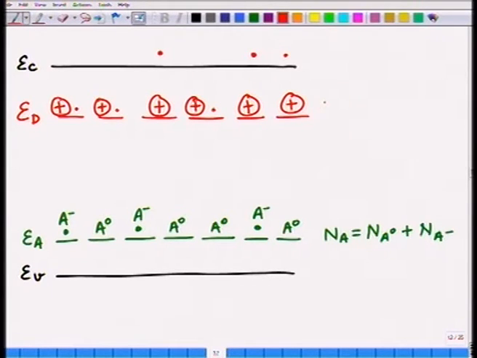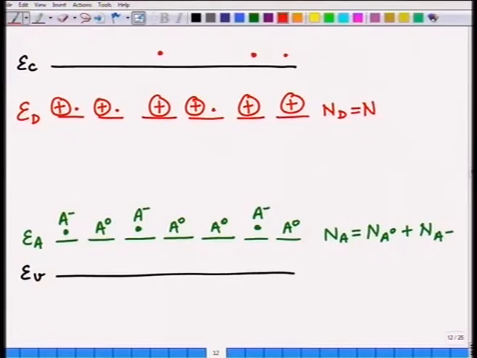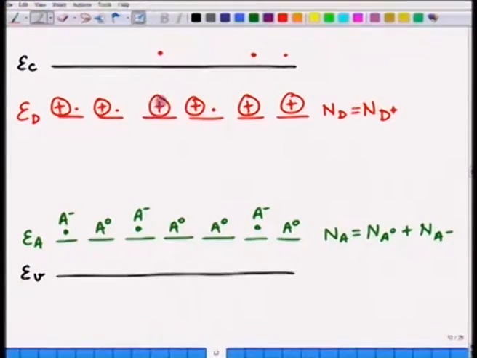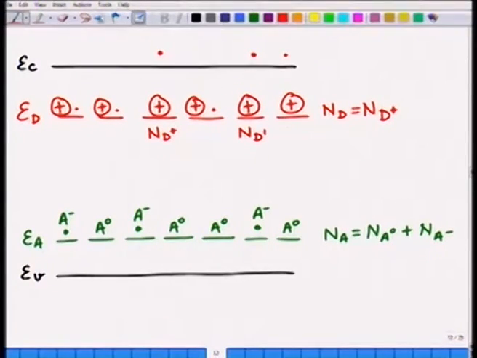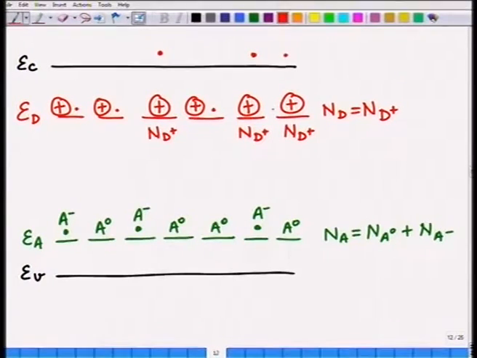and I have total number of such in this example shown 1, 2, 3, 4, 5, 6. Total number of donors like phosphorus atoms that I have added are 6 for example, and some of them have ionized, that means they have N d plus, meaning thereby this one is ionized. So, this is N d plus, because it has given its electron to the conduction band, whereas some of them have not given their electron. So, they are still in 0 charge state, net charge state is 0 with the fifth